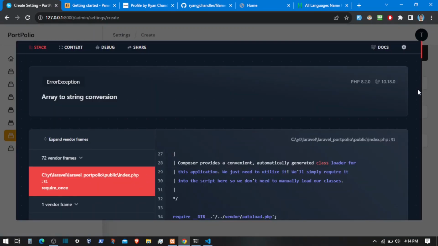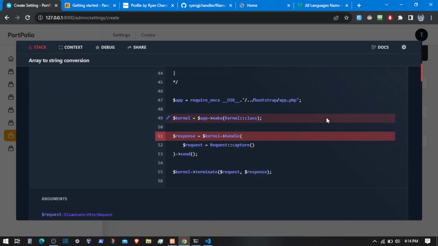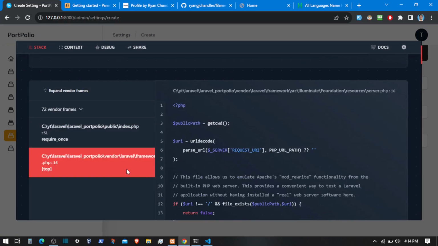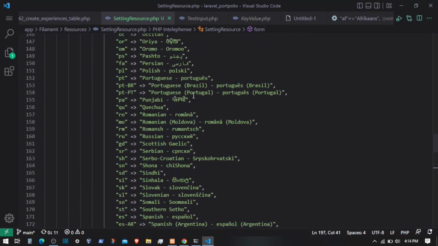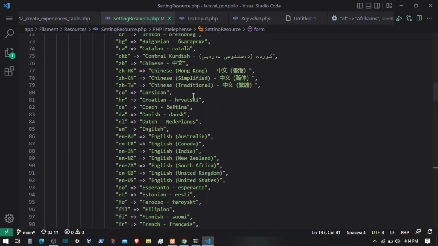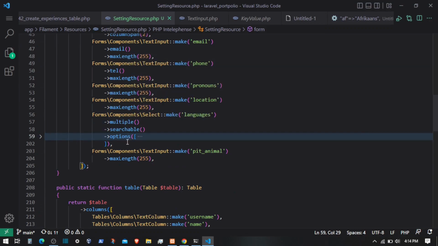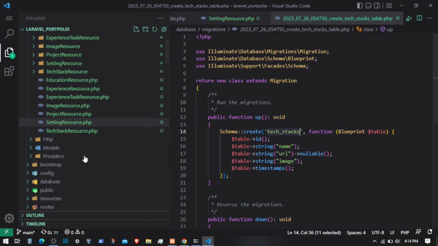And we have an error saying, where is the error, array to string conversion. So I guess this error is from this section where we are selecting multiple fields, and I guess we can do one thing for this. This is going to be returning an array, and we are trying to convert that into a string. And what if we create